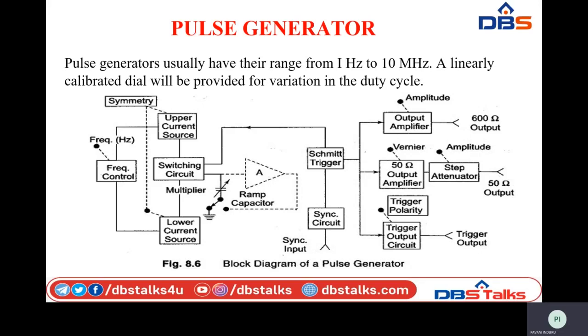So whenever the input is connected to the upper constant current source, it is going to provide the current to the integrator. Here the ramp capacitor will get charged and its voltage varies linearly with time. That means the voltage of the ramp capacitor increases with time. Whenever it reaches the maximum level, the Schmitt trigger immediately changes its state and disconnects the upper constant current. Then the switching network connects the lower current source to the integrator input.